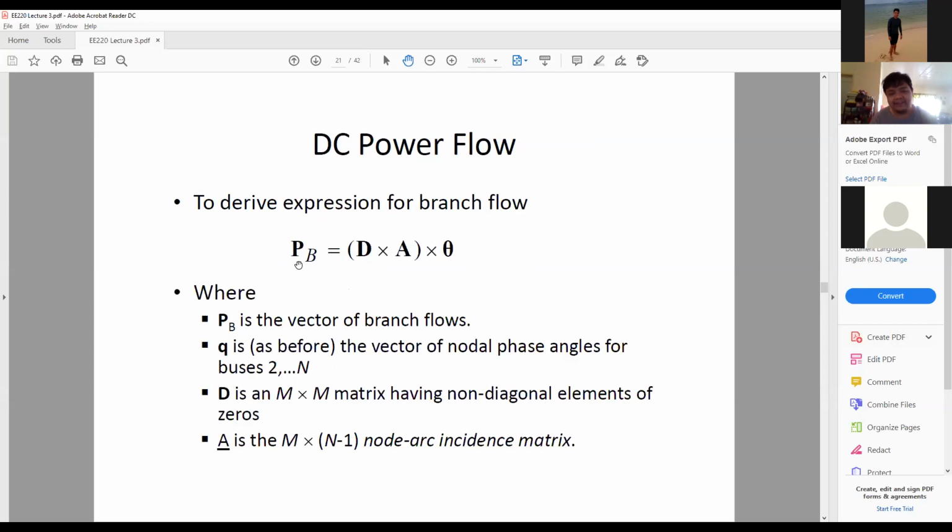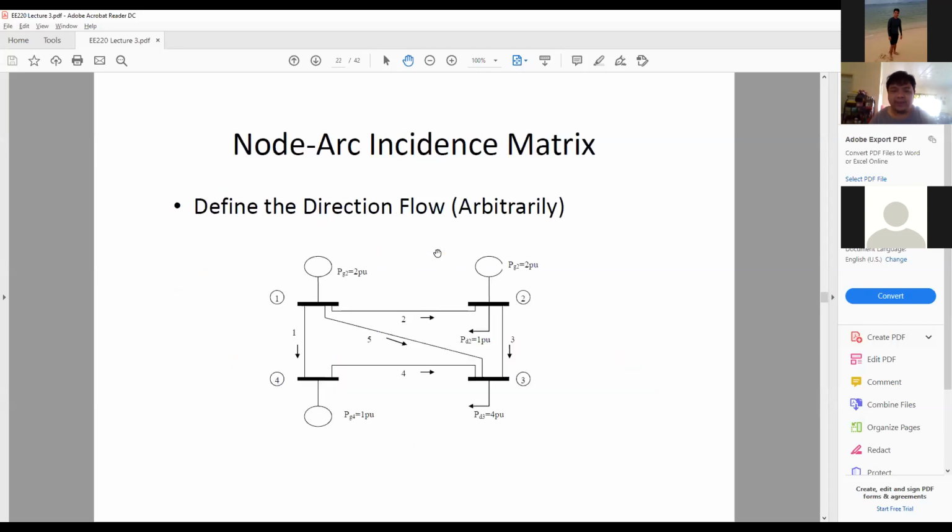After naman yan, if you remember this equation kanina nung nagde-derive tayo, the power flow along the branches is equal to the D matrix times the node arc incident matrix A times yung angle na theta. Okay. How do we determine the node arc incident matrix A? We determine that by just getting